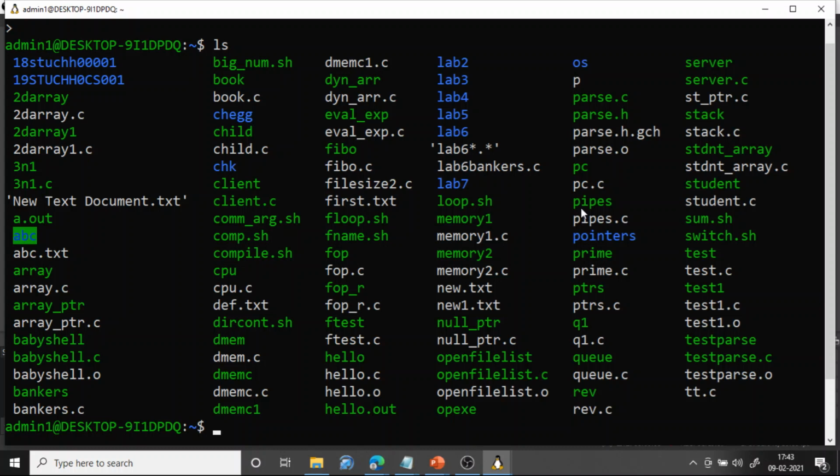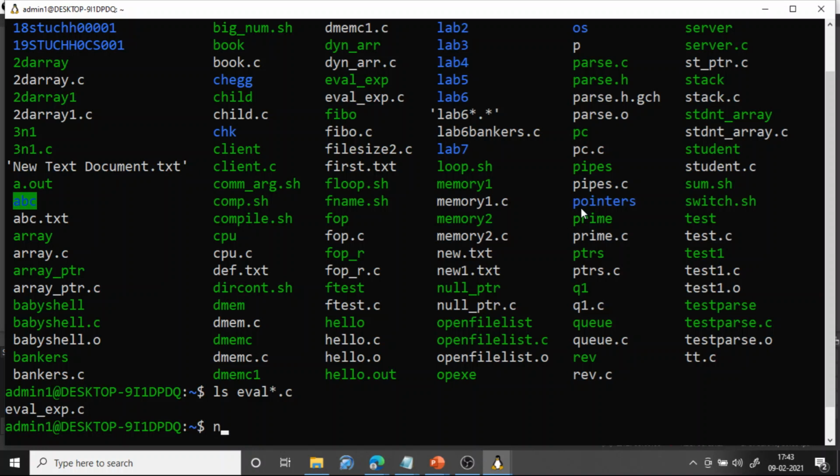What name is it? So this one, eval underscore expression dot c.